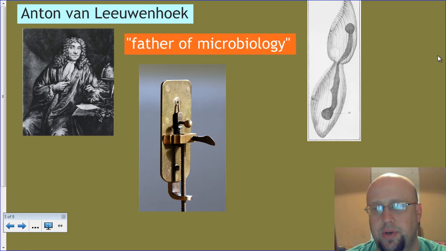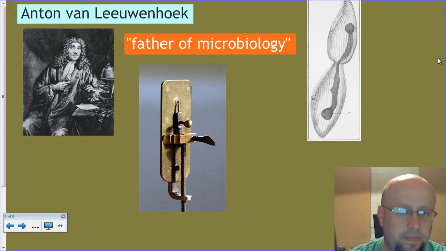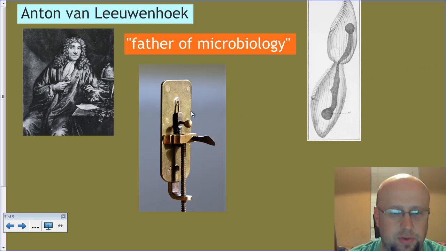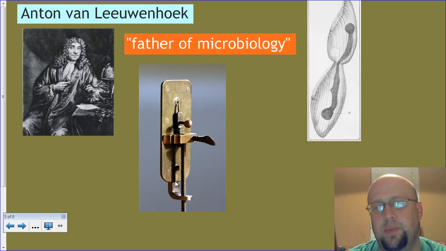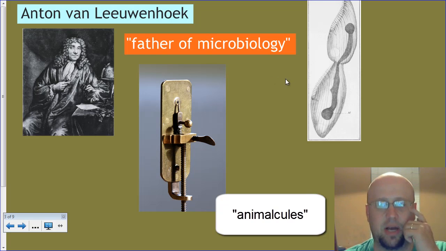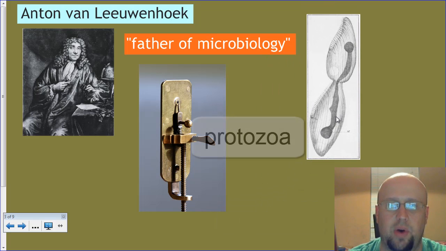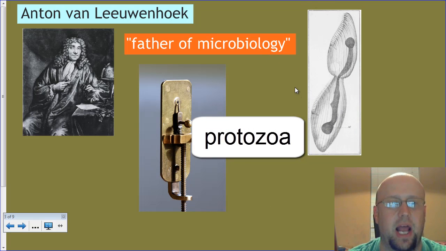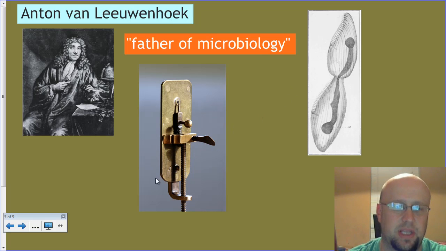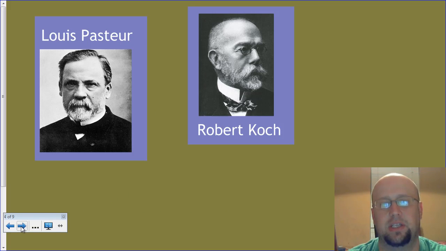The other guy that's pretty important to us is a guy named Anton van Leeuwenhoek. He's often referred to as the father of microbiology because he spent a lot of time with microscopes. This was one of his first microscopes. Essentially what makes him so famous is that he is looking at these things that look like basically little tiny animals. At one point they called them animalcules, what they pictured were little tiny animals. Now we know today that they're what we would call protozoa, so things like paramecia. So they're technically in a slightly different area than animals, but he did a ton of discovery of these types of things. It was really one of the forerunners of microbiology until we get to the next two guys,